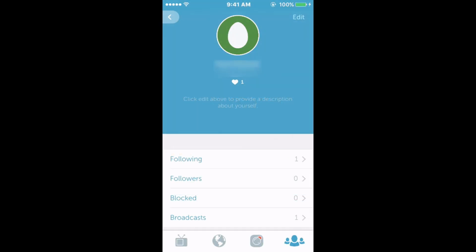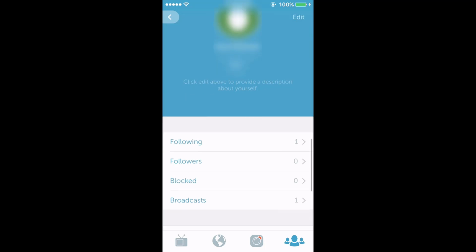Now, when your main intentions are to grow your business with Periscope, you need to treat it like a business. Now, there aren't many options when it comes to customizing and editing your Periscope profile, but I still wanted to put this in its own video as it's still pretty important to take advantage of the few options that they give you, okay? So first thing I'm going to do is I am going to scroll down, and from here,